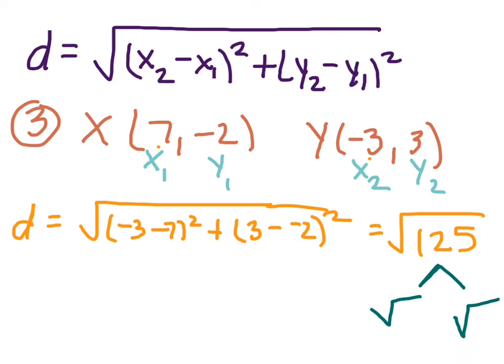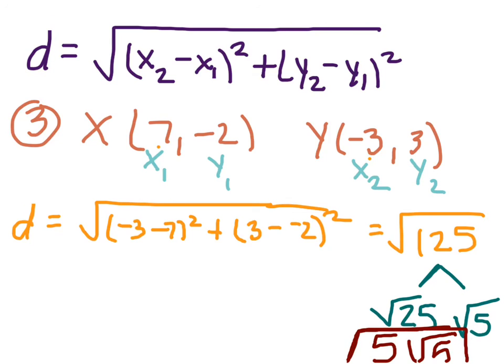We talked about this in our Algebra 1 skills review. You're going to find the largest perfect square that can go into 125. The largest perfect square that can go into 125 is 25, and it goes in 5 times. When you simplify, the square root of 25 is 5. You can't take the square root of 5, so we just tack it on at the end. So your answer is